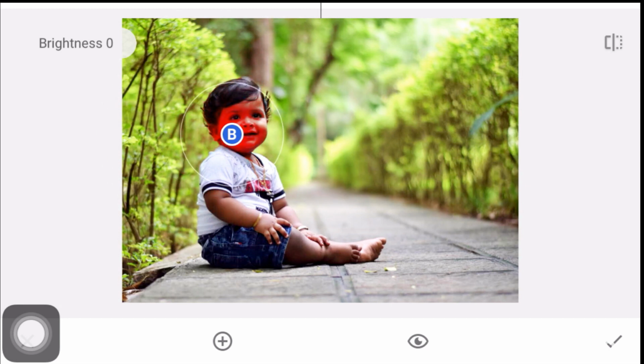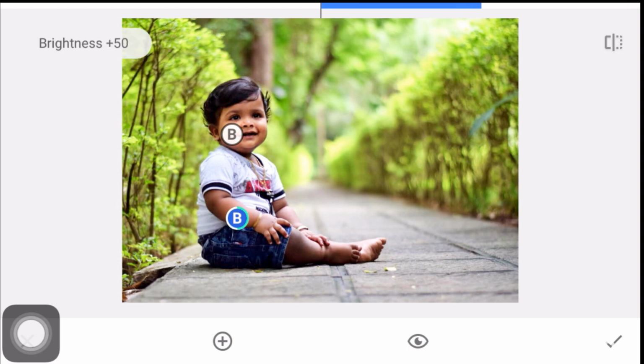Okay, suppose I selected this face part only, and if I increase the brightness, now you can see the skin color of the face is only increasing. In the same way, if I have to increase the color of the hand, I just select the hand and focus only on the hand.